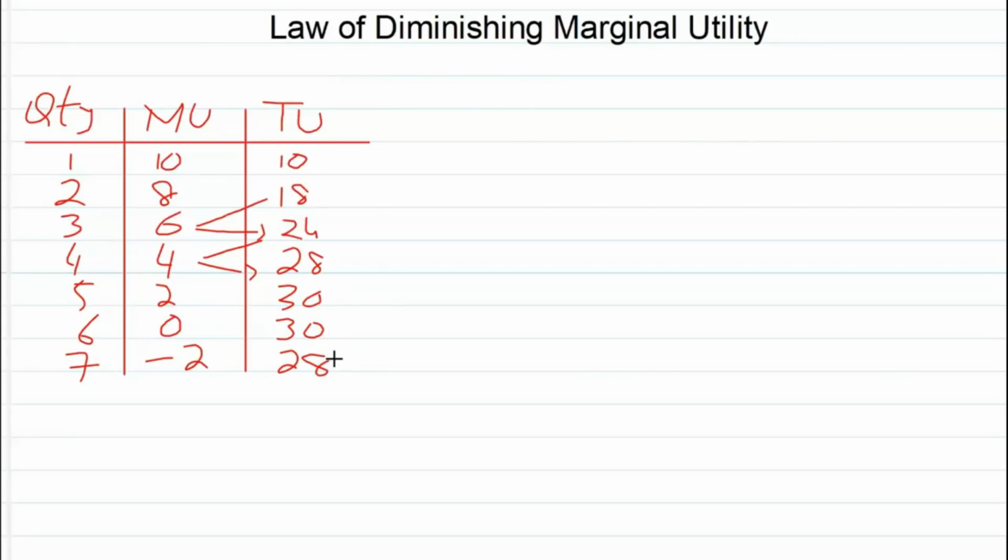We can relate this law to our daily routine life. For example, if a person needs some water, and if he drinks the first glass of water, he gets a greater level of satisfaction. But on the second glass of water, his marginal utility or additional utility will decrease. If he drinks 6 glasses of water, then his marginal utility will be 0. On the seventh glass of water, his marginal utility will go into the negative area. We can draw a diagram to show this phenomenon.